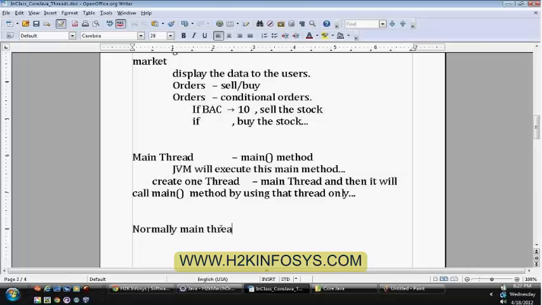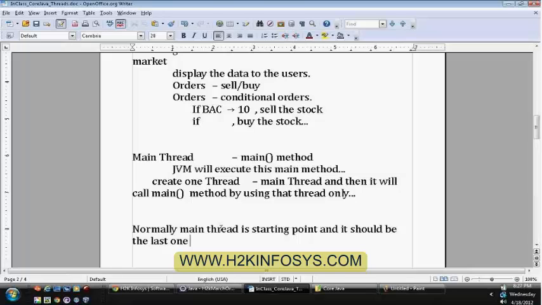Normally, your main thread is the starting point, because that was spawned by your JVM.